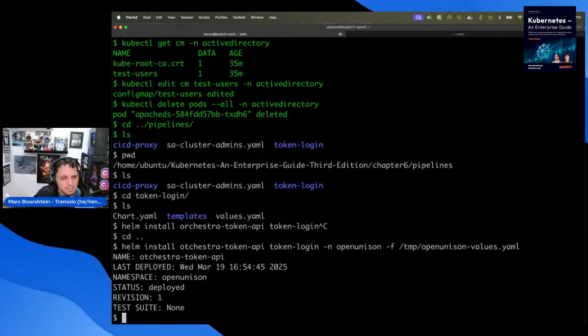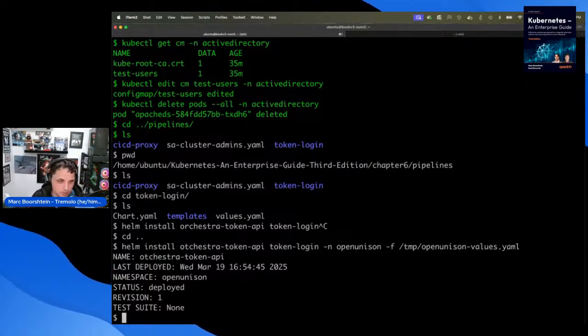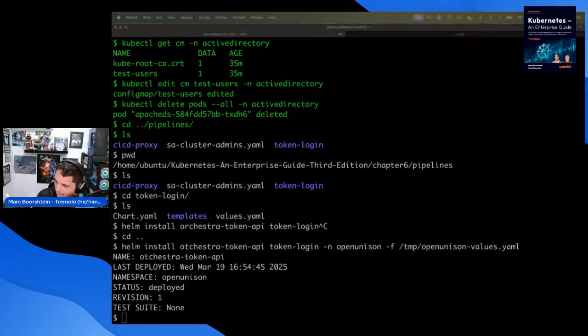We don't get into the details of what that means because we didn't really want this chapter to be a chapter on how to do Open Unison. We've got lots of documentation on that. We wanted to focus on how Kubernetes does authentication, how you're going to interact with Kubernetes. But the code's in the book. You can always check it out. And so now we've got this additional application that will actually allow us to authenticate as a user inside of our